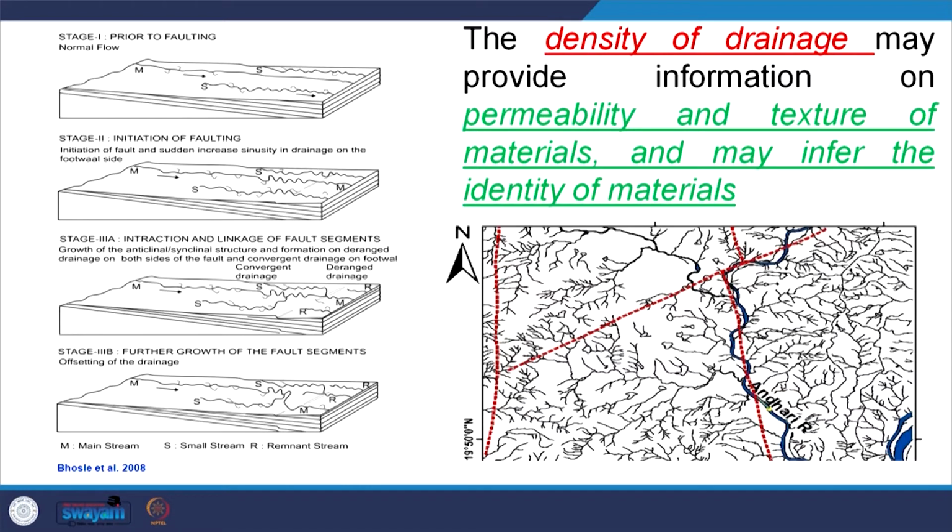However, these granitic gneiss migmatites are very hard, compact, non-porous, non-permeable. That is why the maximum drainage systems in this area are surface expressions of the streams rather than there being down percolation. That is why a drainage pattern can give you an overall idea of what type of material lies beneath, irrespective of lithology, whether it is porous or permeable. But there is no 100% measure from the laboratory, and you have to go to the field to define whether it is a granitic gneiss or any other material.